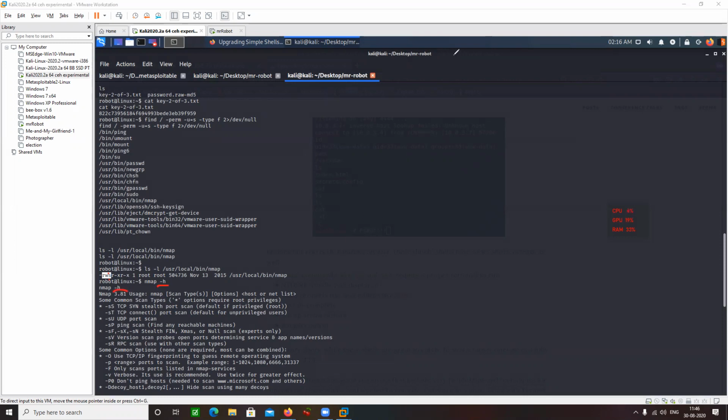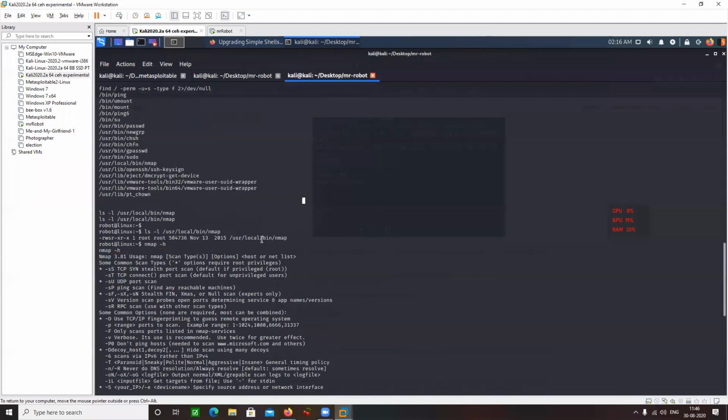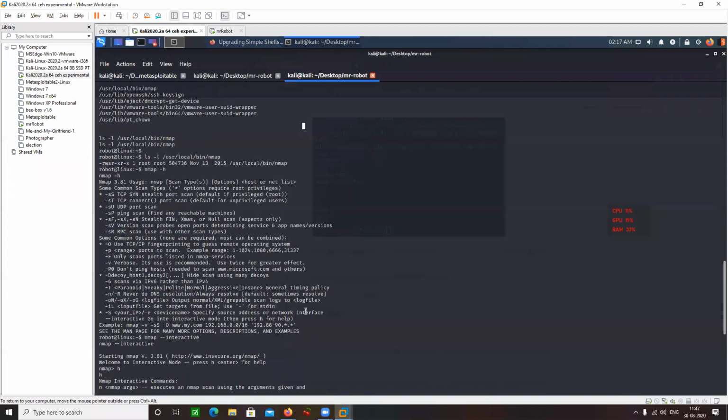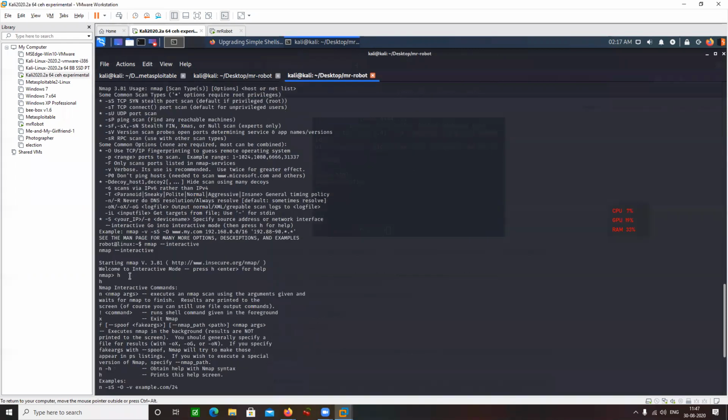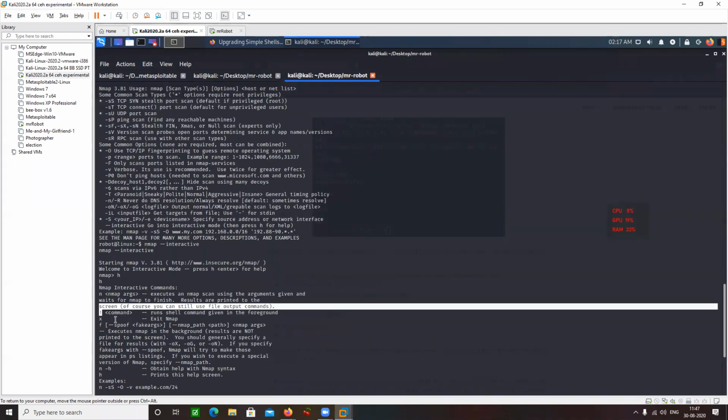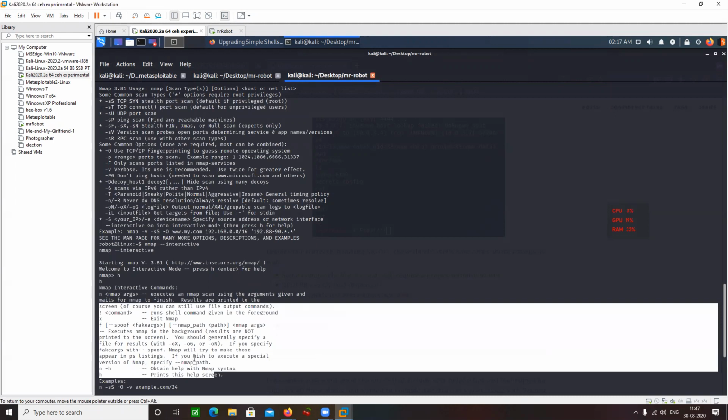options here. So this was only available with the older versions of nmap. Okay, the older versions of nmap used to have this interactive flag. When I did nmap --interactive, it gave me this nmap shell. When I was in the nmap shell, I just typed -h to look into what commands I have at my disposal. When I did -h, these were the commands which I was able to execute.